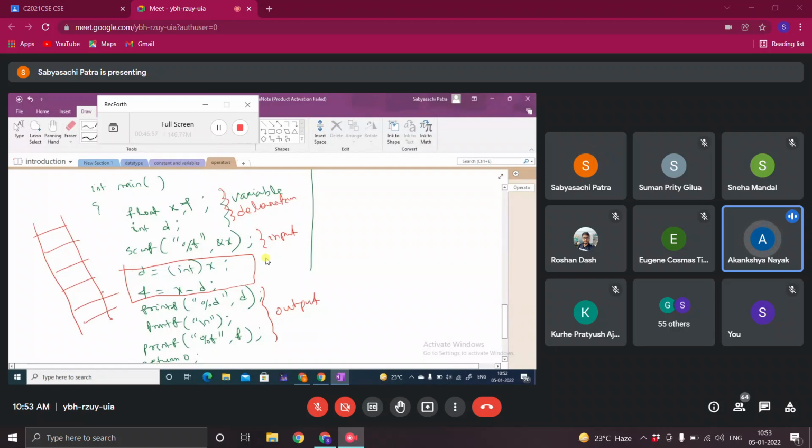Sir, in the syntax of printf, after writing an integer, we can't include double quotes and a formatted string. In the first printf statement, printf %d, comma d, after printing an integer, we can't include a formatted string after that.